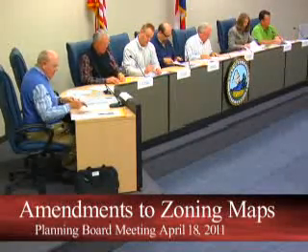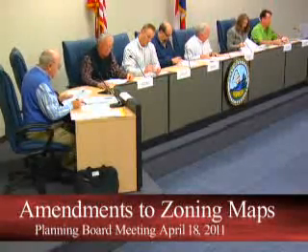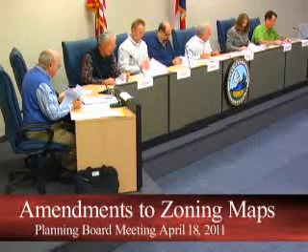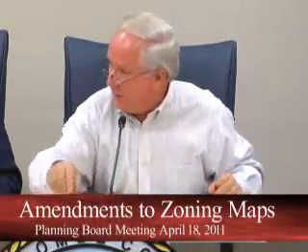Okay, the next item of business on our agenda today are proposed amendments to the current zoning maps regarding properties that are located, I don't know if it's Swan or Black Mountain, but nearby, close to Black Mountain Road. We discussed this briefly at our last meeting. The two properties in question were at one time assumed to be zoned by the town, included in and zoned by the town of Black Mountain. Turns out that's not the case.